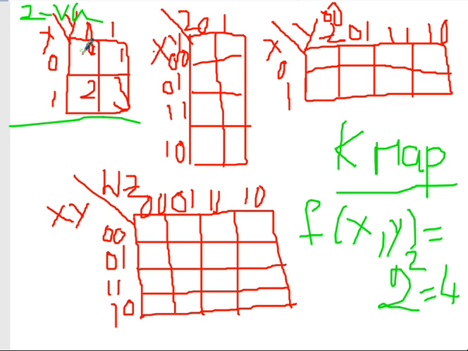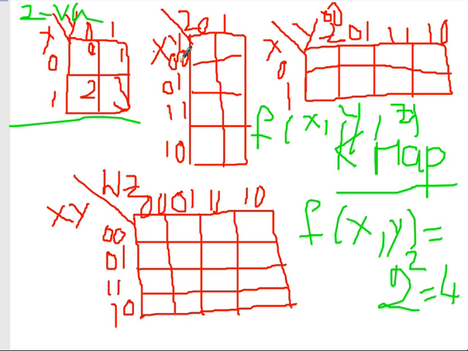For three variables, we take x, y, z. A function is a function of the variables x, y and z. Three variables we are taking. You can write it like this or like this, your wish. So x, y gives four combinations and z is 0, 1. Or you can write z as 0, 1 and y, z as the four combinations. Any way you can write.